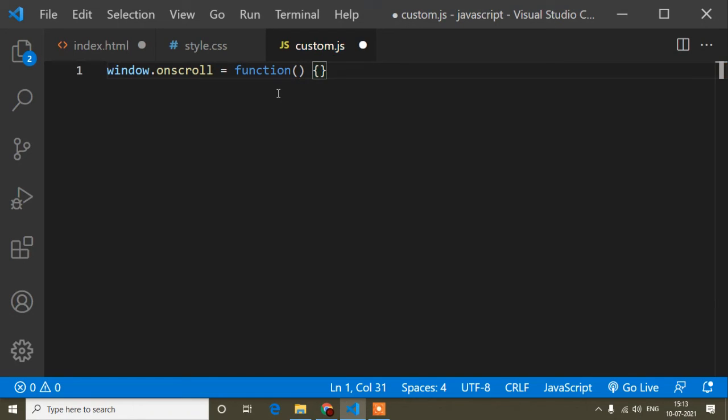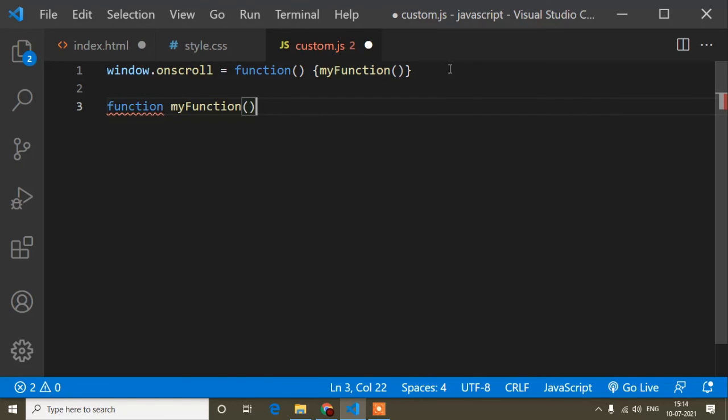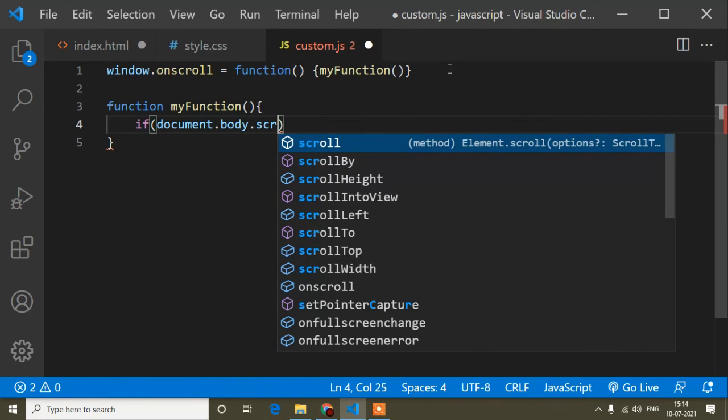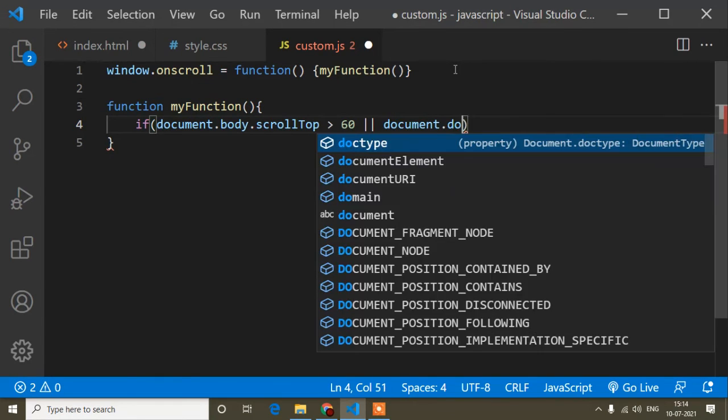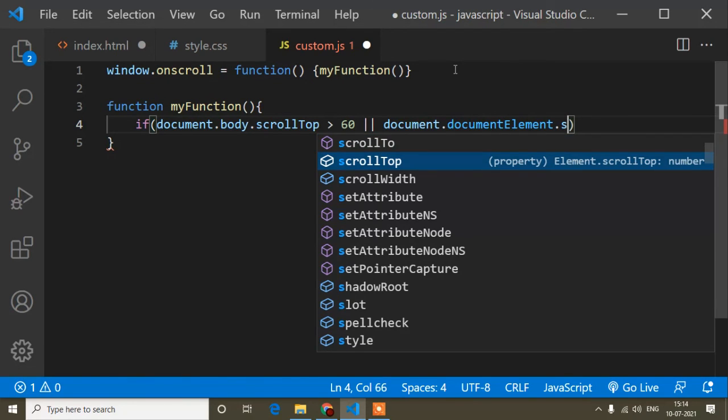Now I will copy this function name and write function and curly braces, and here I will write if document dot body dot scrollTop is more than 60, or again document dot documentElement dot scrollTop 60, and here I will write an else part.